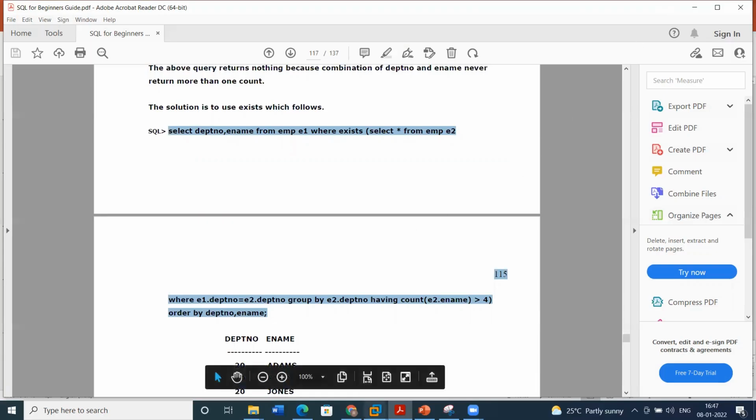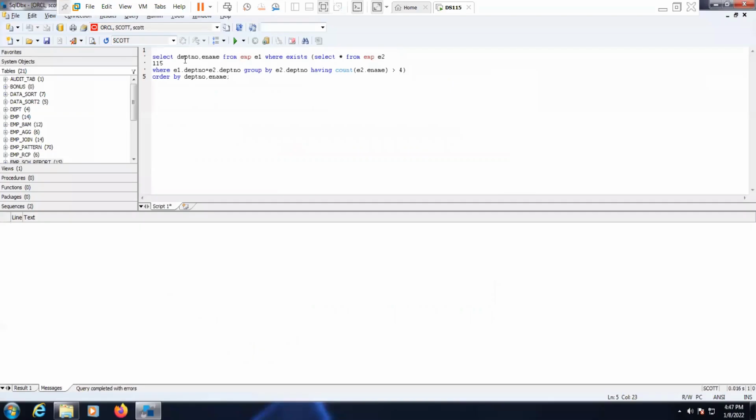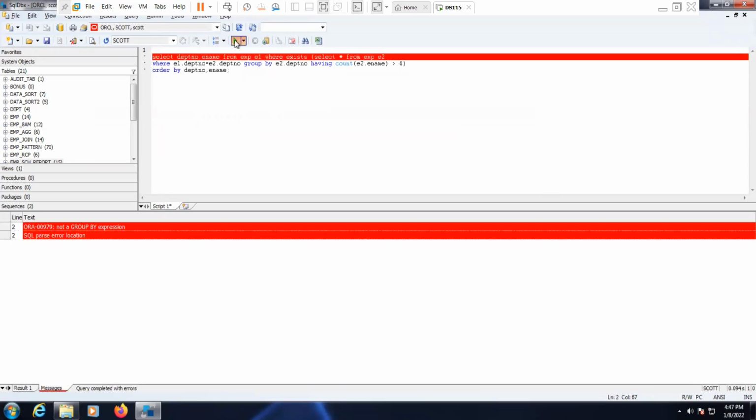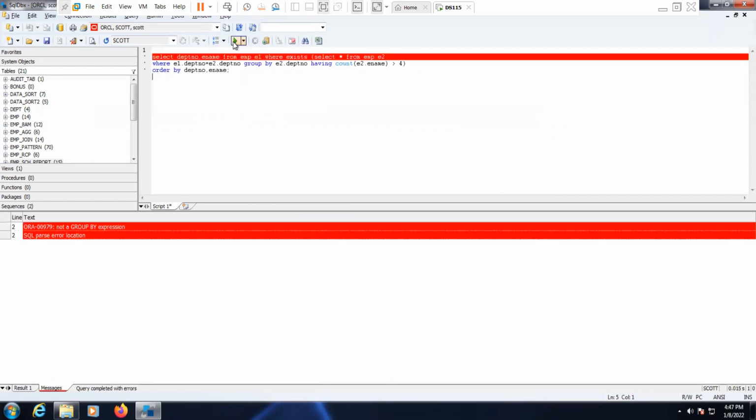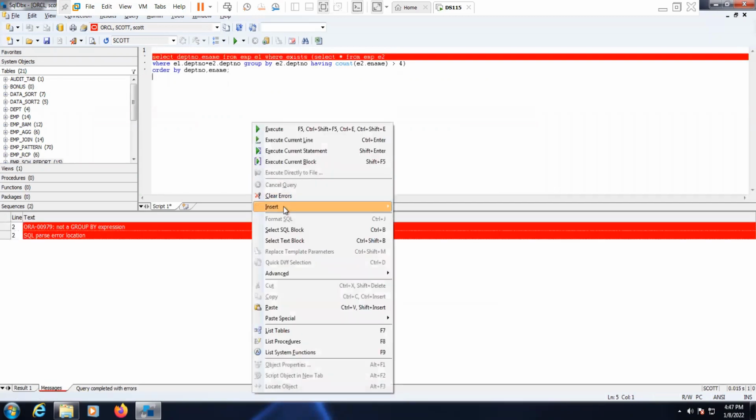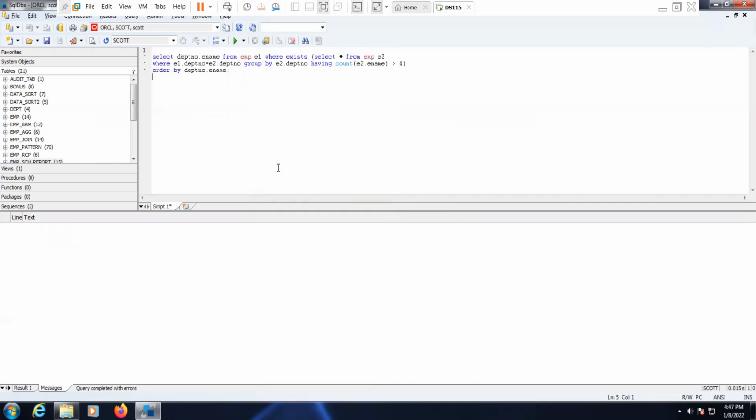The page number was also copied. Let's remove that. Okay, now execute this query. WHERE EXISTS, SELECT star FROM E2 WHERE E1 with GROUP BY.